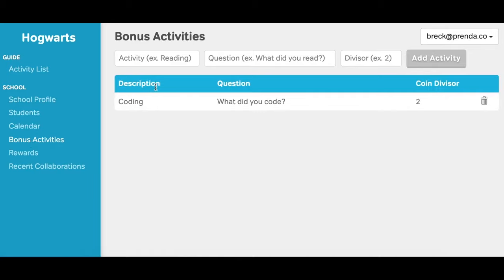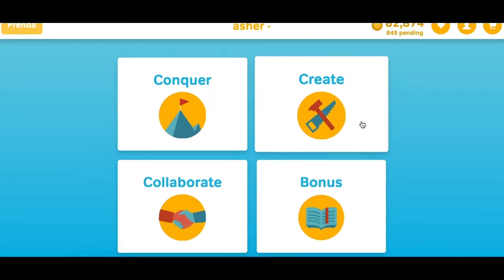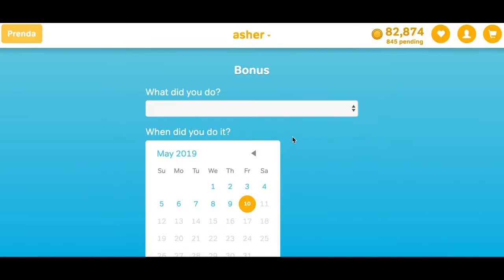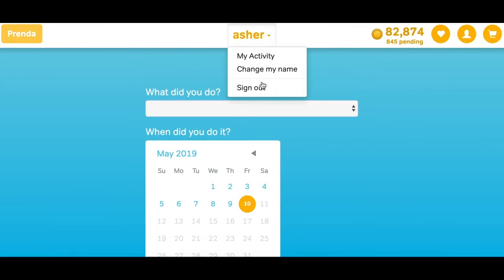Then we have bonus activities. So bonus activities, this list here maps to the students view. We're going to jump in there. So bonus here, when they add their bonus activities, this is their activities that are done outside of class. You get a list here, and there's a few options that have been added for all schools, but if you want to add your own options, so you see here we have exercising, reading, coding. If you want to add your own options,